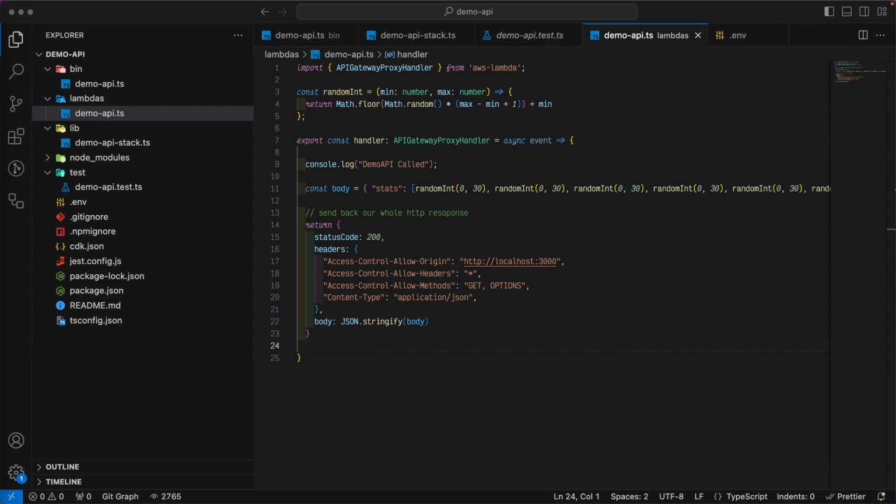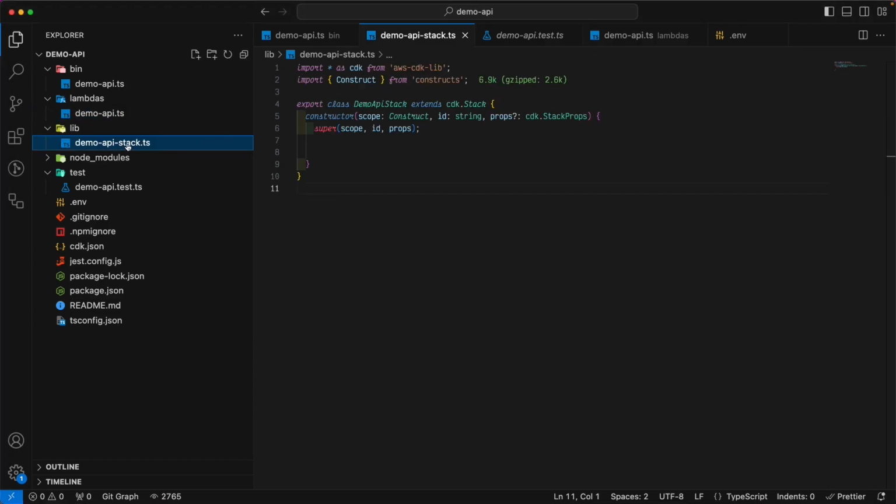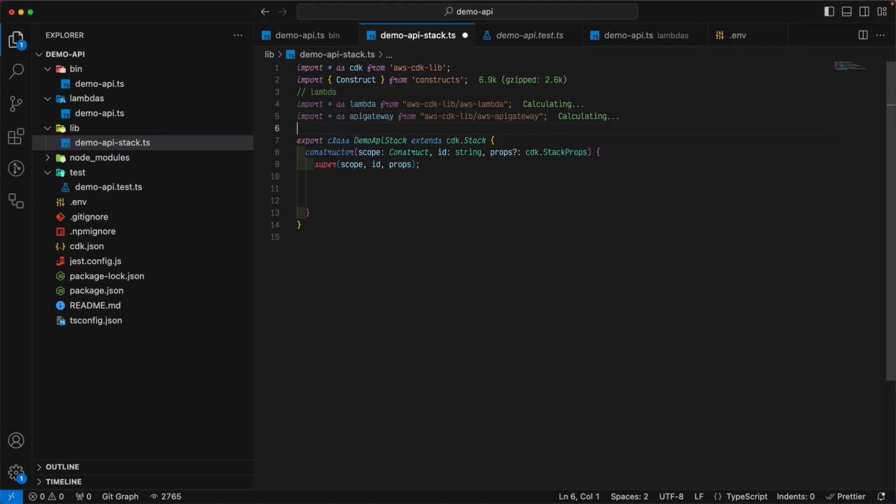From there we can go to our stack. Now in this stack we need to tell it to not only configure our Lambda we just made, but also configure the API gateway to let those messages backwards and forwards through AWS to and from our Lambda function. So to start with, let's import what we need for Lambda and API gateway. So coming from the library,